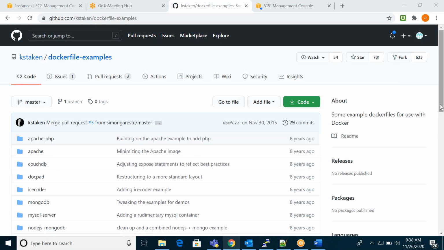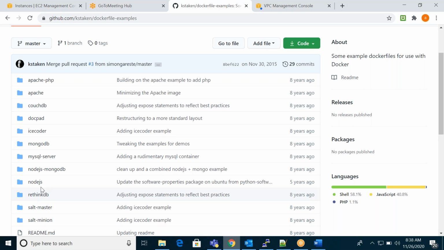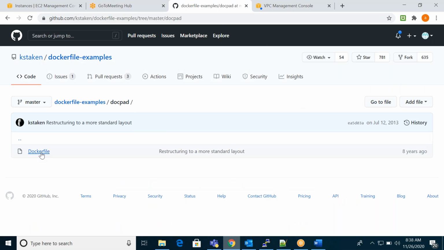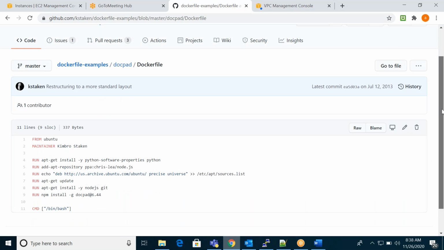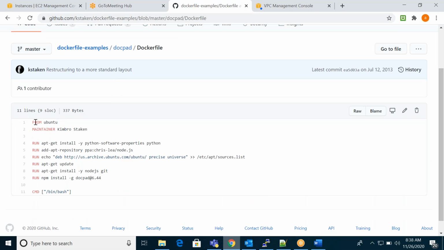Take any project; you can see so many projects are there. Take the Dockerfile. The MAINTAINER means the author, with your name or your email ID.